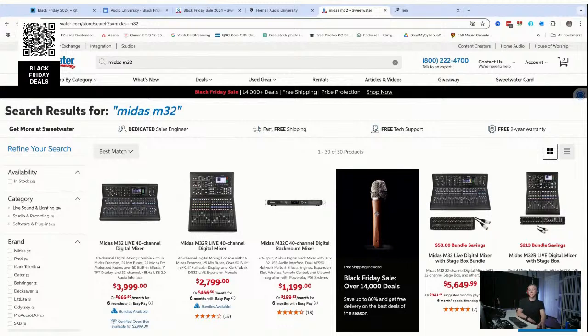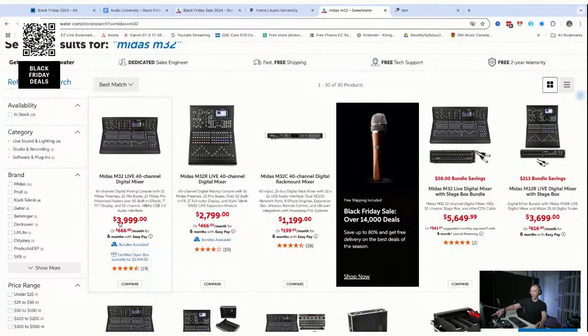If you wanted to do the same thing with analog, I probably wouldn't recommend going analog because it's kind of complicated. You would basically send in all your mics to the analog console, and then hopefully there's a direct out on that channel that you could take to some sort of audio interface. That gets pretty expensive. And it sort of helps you understand the value of going with a $4,000 console like this. It seems really expensive, but when you consider that you can do a big multi-track session with no issues,